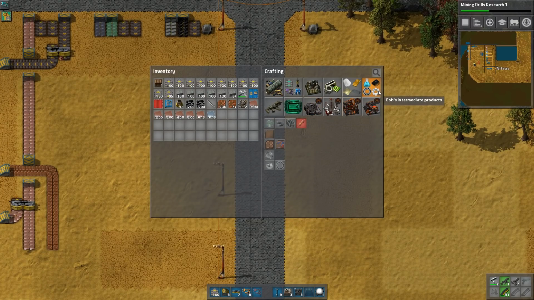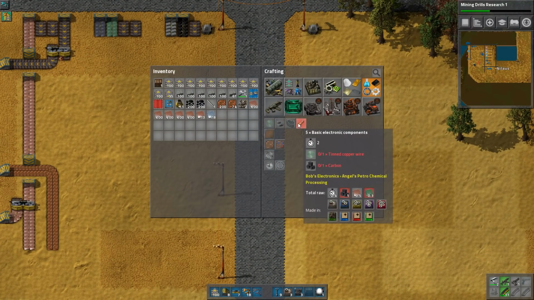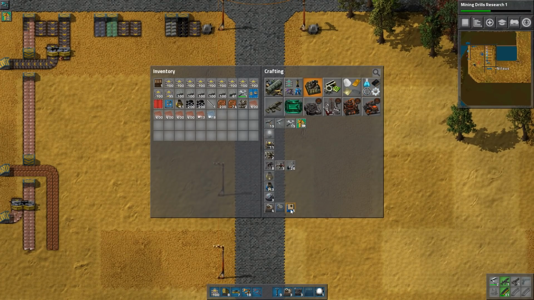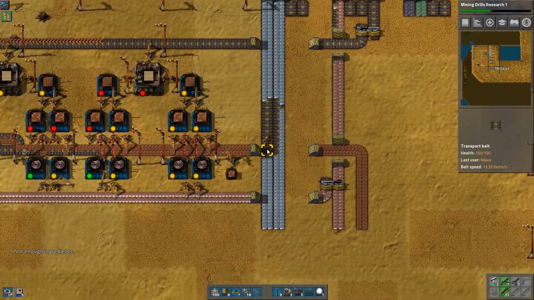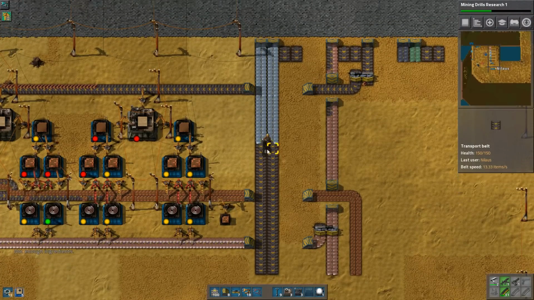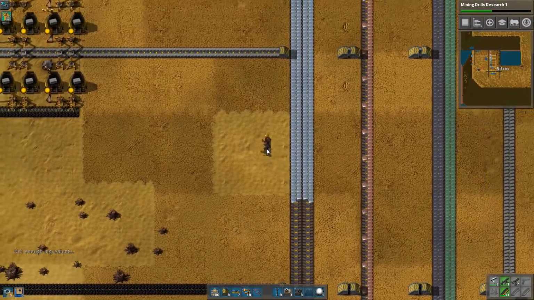I'm gonna need carbon. I'm gonna need carbon to do these. I'm gonna need tin copper wire as well. So let's try to build more of this. More iron. Luckily, we do know where we can find more iron. At this point, I don't think we're missing anything. Well, yes, we are. We are missing a lot of precious